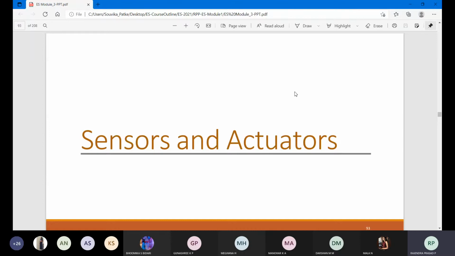In real life we observe different types of sensors: proximity sensors, temperature sensors, humidity sensors, smoke sensors. So a number of sensors will be present. How will they function, what is the role, what is the power supply? In general, we have to identify those things.